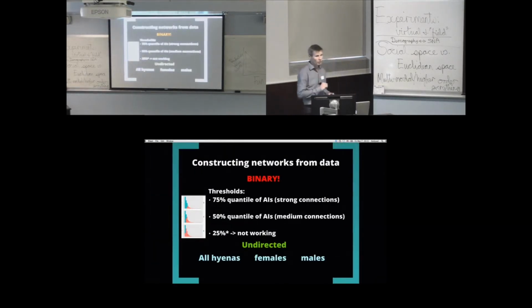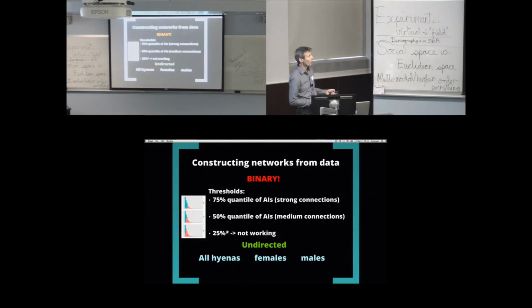OK, so how did I construct the network from the data? One quite big limitation of SIENA and of ERGM, I think, is that it's binary. So it requires binary networks. So I had the association indices from the observations, and then I chose some thresholds in order to form binary networks. I tested 3 different thresholds: basically the strongest ties in the network, and like 50%, so it's like medium plus strong connections, and then like the 75% most strong connections,